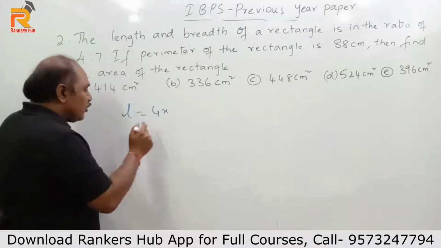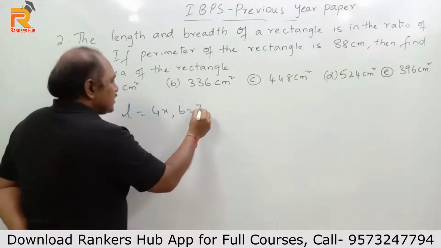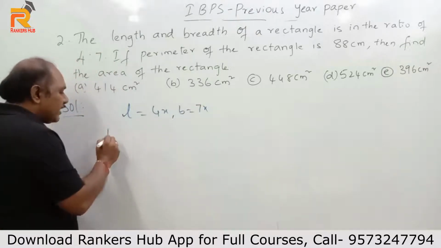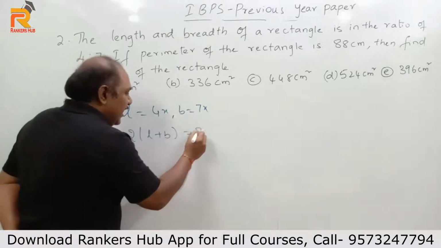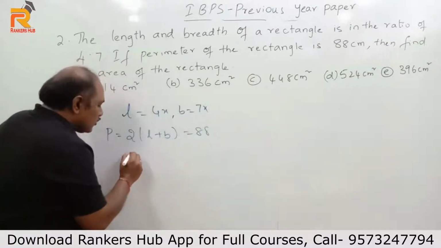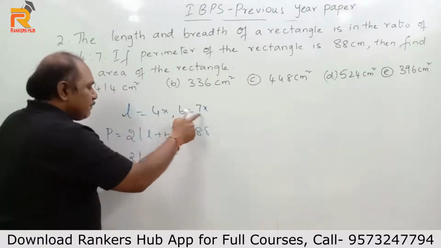So I can take length is 4x, breadth is 7x. So perimeter of the rectangle is 2 into (L plus B), which is equal to 88, which is given in the question. So 2 into 4x plus